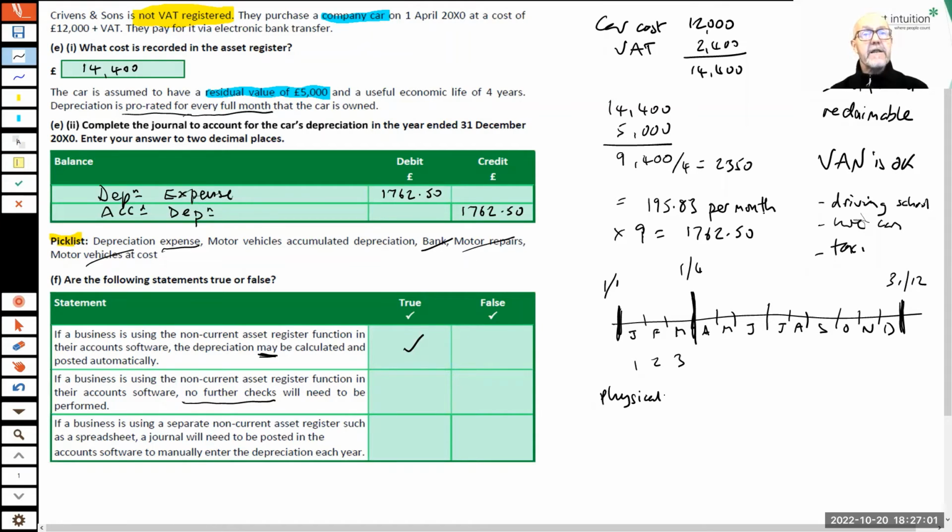Having bought an asset and recorded it in our software, we may well need to check that an item is correct. So recording our non-current assets, there's more to it than simply writing it in the register and assuming it's correct. An interesting aside,